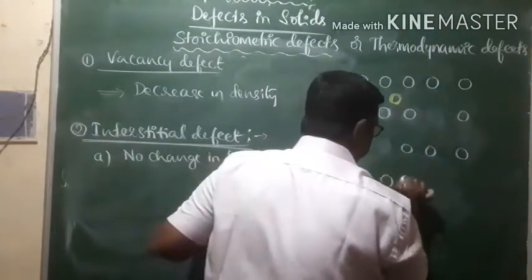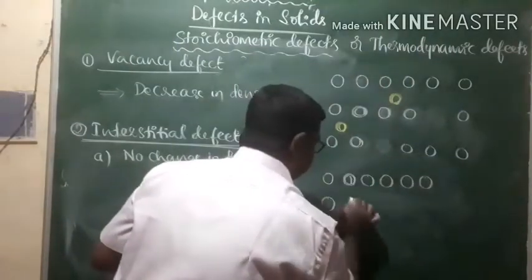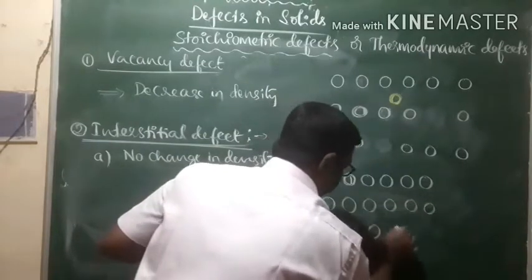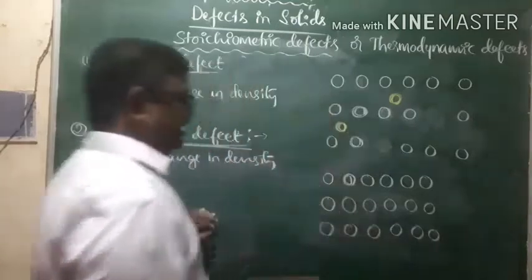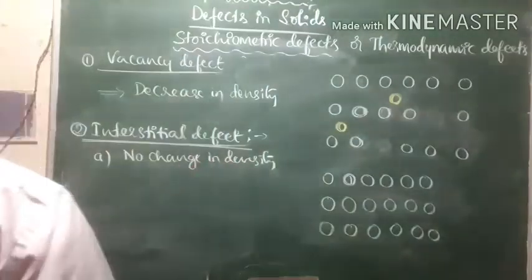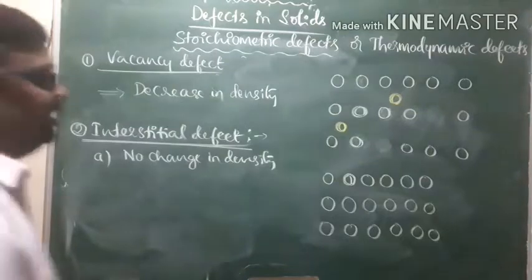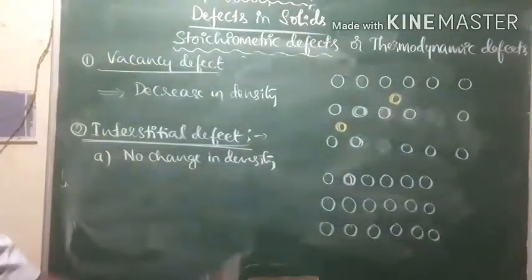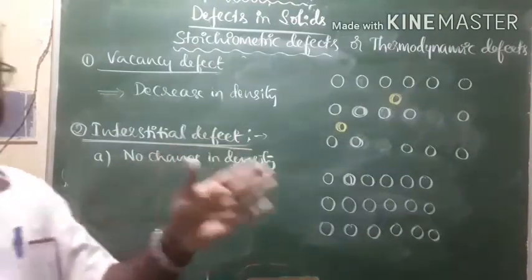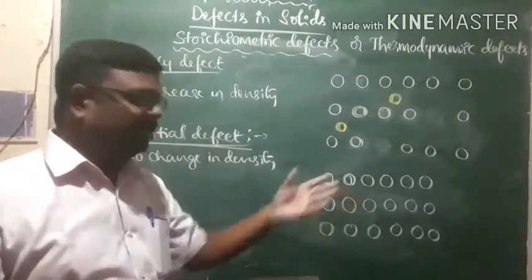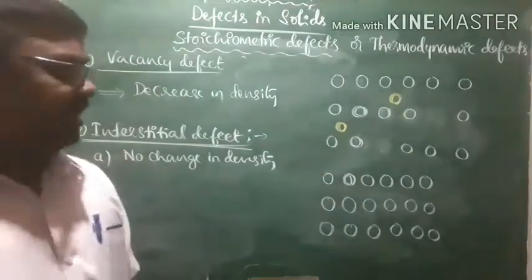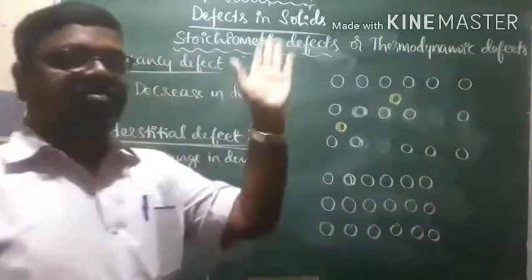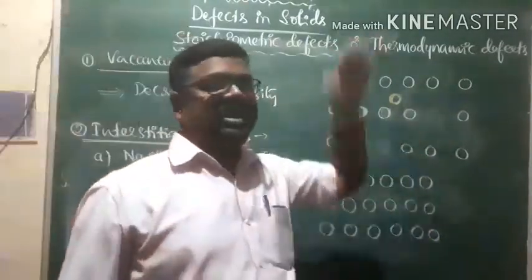You can also find interstitial defect of this type. Look, imagine one crystalline solid. This is one crystalline solid. Just observe there, how many particles are there? Around 18 particles are there in the lattice. What you can see is millions and millions of particles in a lattice, but what I have shown on the board is 18 particles. Here too, how many were there? 18 particles. Before the defect there were 18 particles, and after the defect also 18 particles, right?